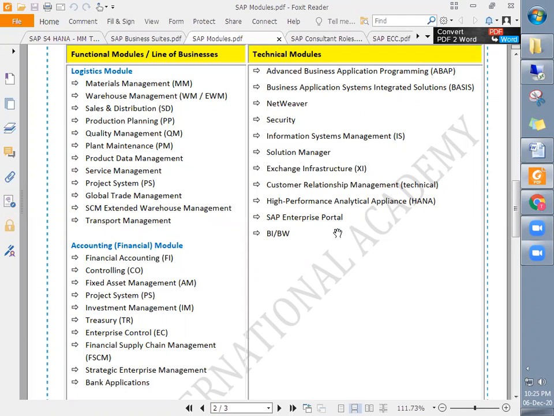These are the technical consultants who are responsible for hardware, software, programming, and security. To make a career in these modules, a computer science background or electronics background is preferred. Talking about the functional module, any degree, maybe MBA, engineering, or commerce, or whatever degree, any